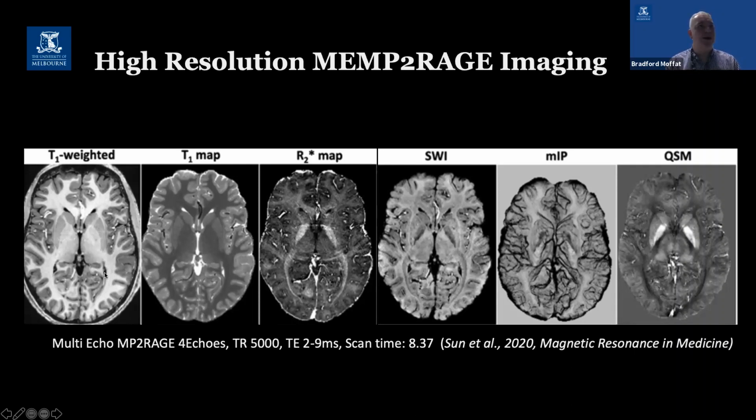We can get the T1 weighted anatomical images, obviously. We can start to look at the spin-spin relaxation within the brain and map it. We can map the magnetic susceptibility and what we call susceptibility weighted imaging. We can take intensity projections to really look at the venograms within the brain. And we can also do some mathematics and actually get quantitative susceptibility maps, which are directly related to the concentration of iron within